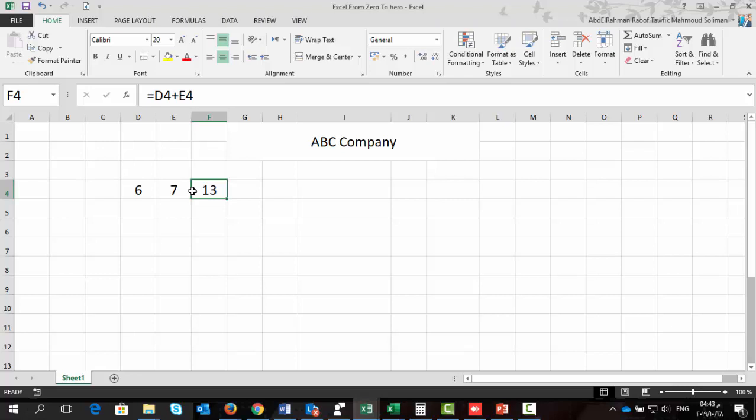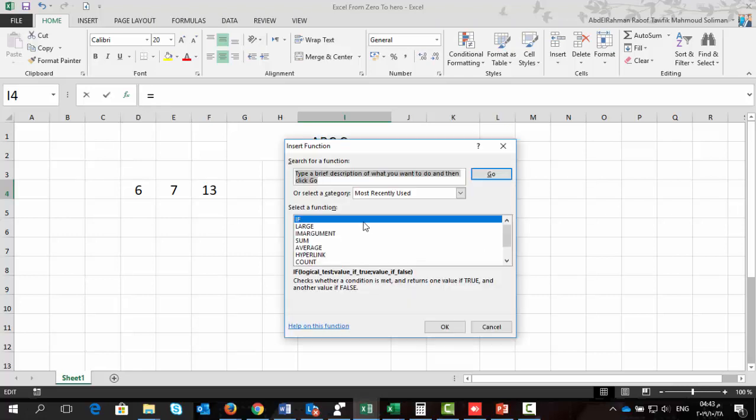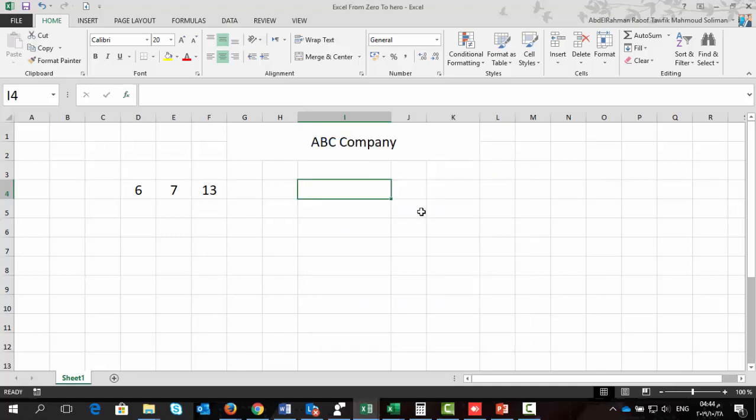There is a big difference between equation and function in Excel. Equation: if you press the plus button by yourself, minus by yourself, multiply by yourself, divide by yourself, you don't use any function of Excel. If you stand here, Excel says to you insert function. Go to Excel and insert function. What is the function? Whatever you can find here, sum, average, whatever,